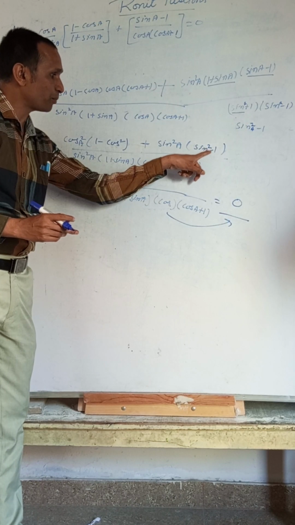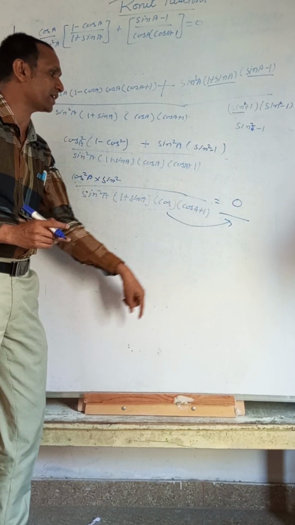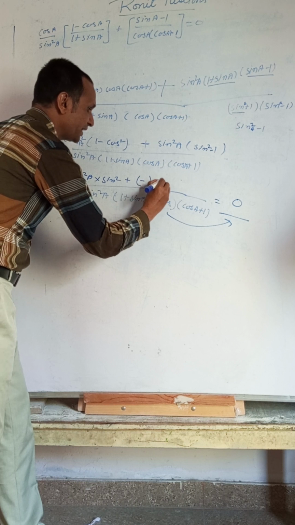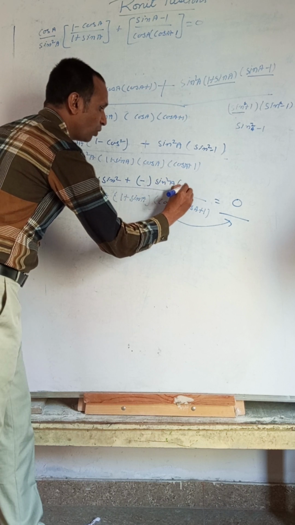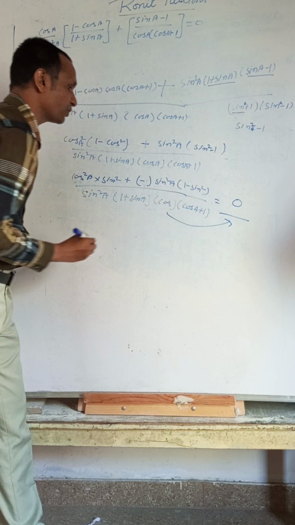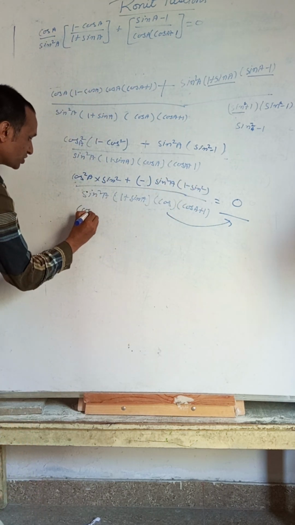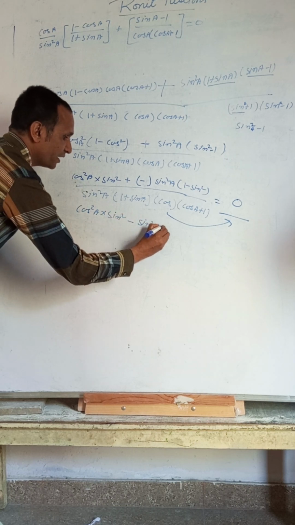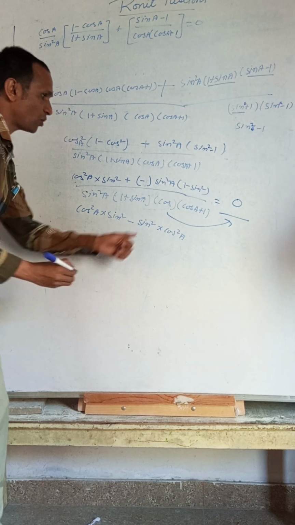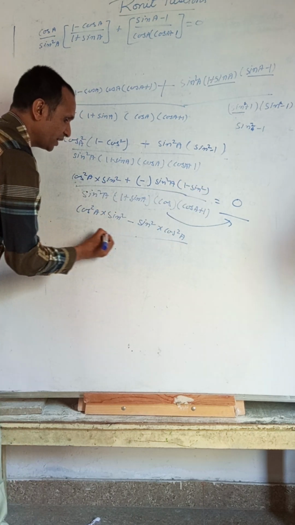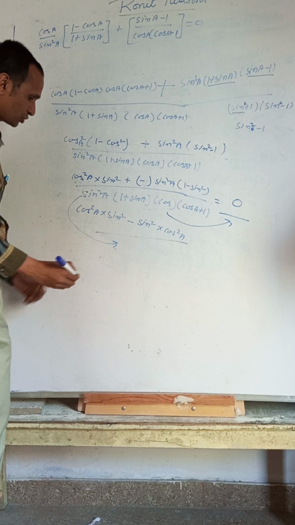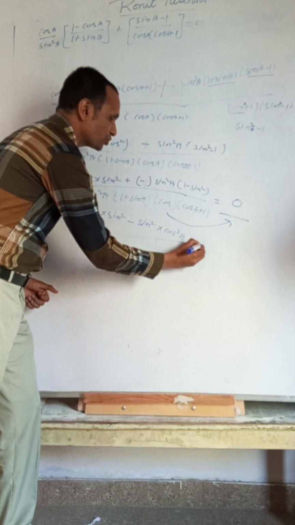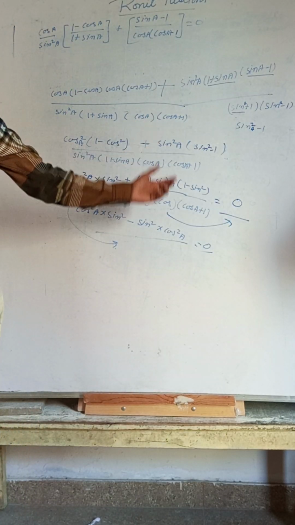This one, we are making it plus here. Otherwise, this sign will go to that side. So by multiplying it, the minus plus here is kept minus, sin square A into 1 minus sin square. Then it will again become cos square A into sin square A minus sin square A into cos square A, because 1 minus sin square is equal to cos square, divided by the total, the same. So it is cos square A sin square A minus cos square A sin square A, which is equal to 0. 0 by any number is 0, hence it is proved.